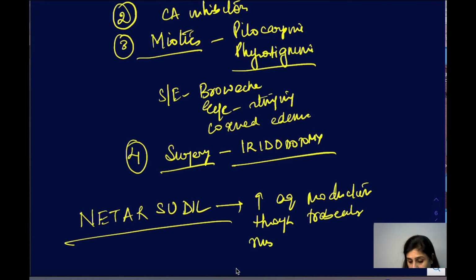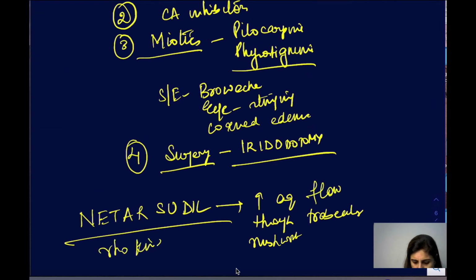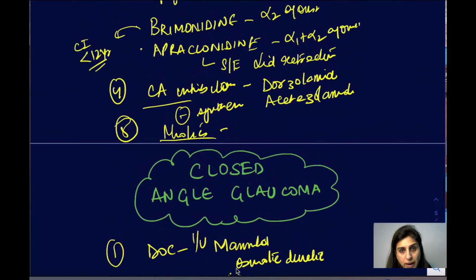Not production, sorry, the flow. It's a newer therapy, a Rho kinase inhibitor, which increases the aqueous outflow through the trabecular meshwork. So these are the important drugs used for management of